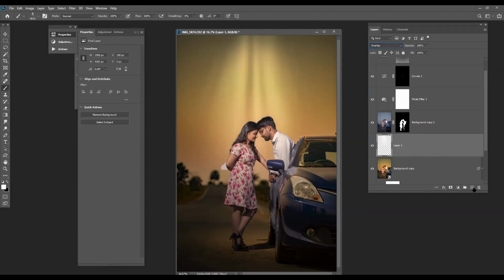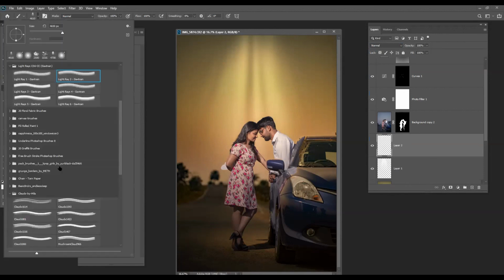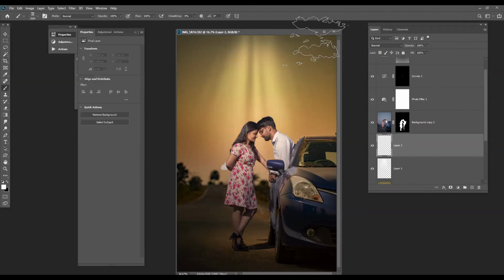Now if you want to add a little clouds also, I have given the links of the cloud brushes also in the group. Just add a little clouds for the taste. Let's take some other brushes. Keep it behind that.